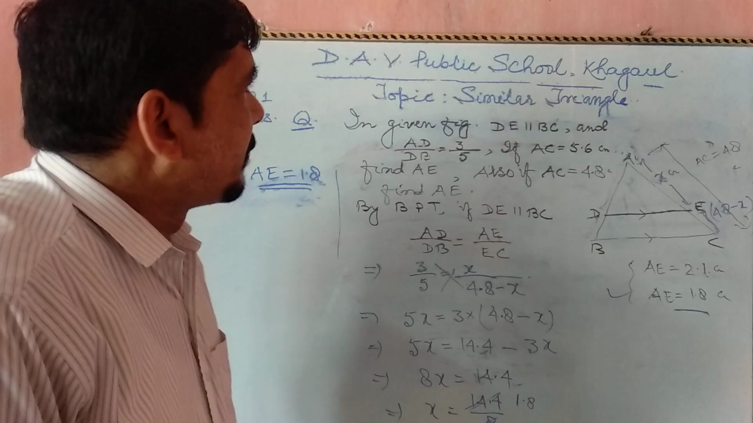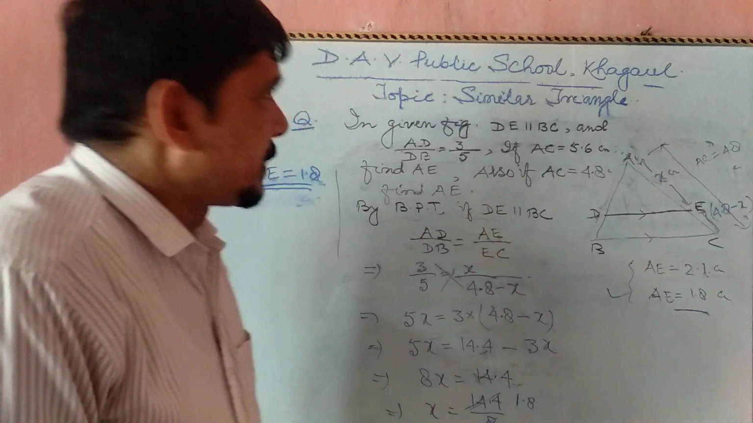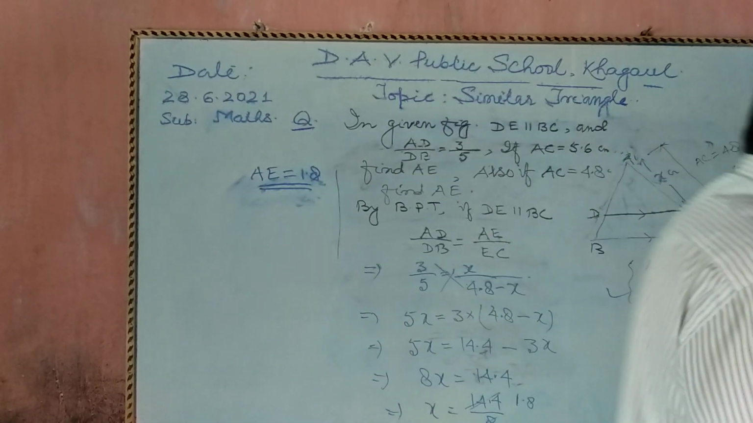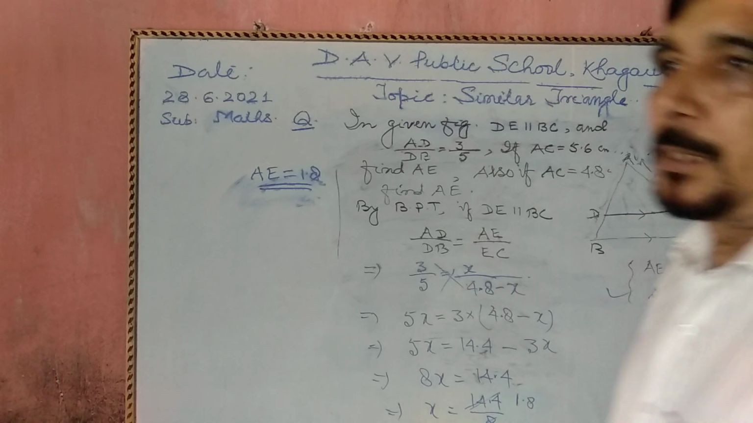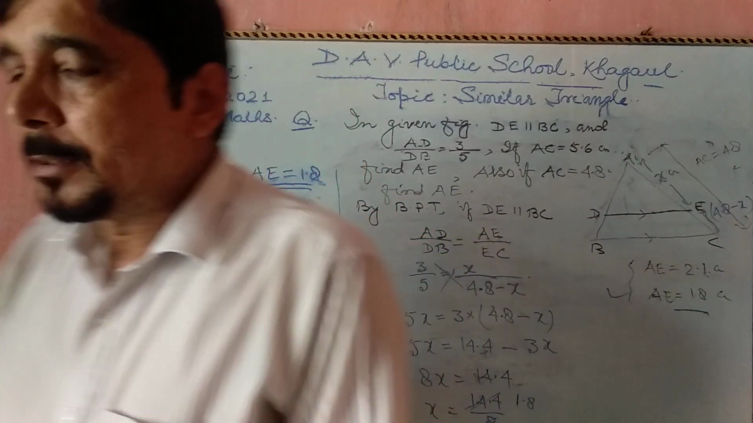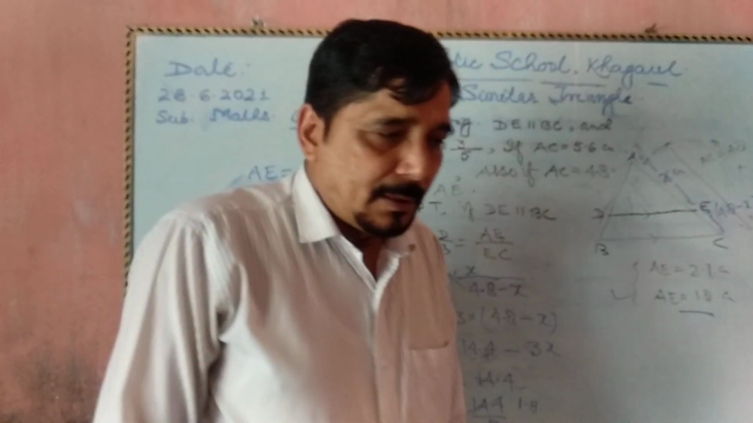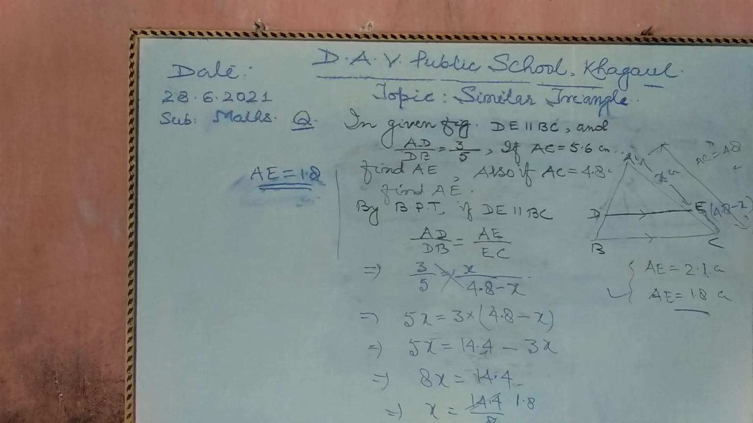Today we do the problems of similar triangles. The statement is called the basic proportionality theorem, or Thales theorem. By the BPT theorem, in any triangle, if a line is drawn parallel to any side of a triangle, then this line divides the remaining two sides in the same ratio. So recall this statement and apply the suitable relationship between two corresponding sides when one line is drawn parallel